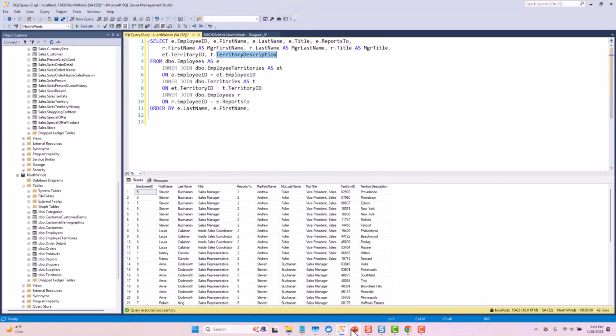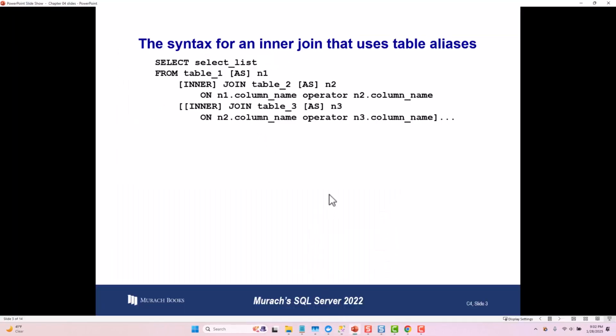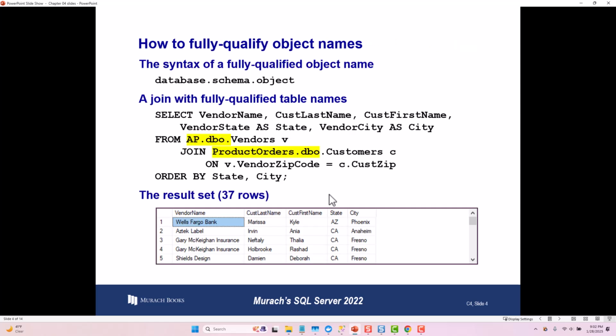Let's go back to the slides and take a look at our next slide. And this is going to be how we can fully qualify object names. When would we do a fully qualified object name?